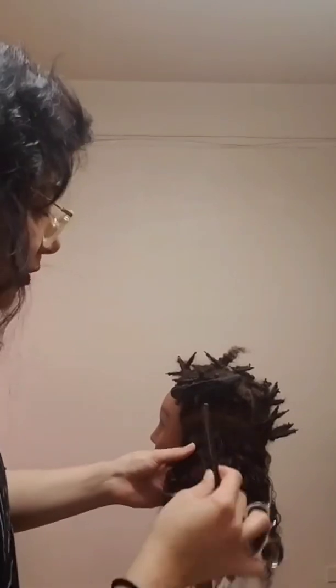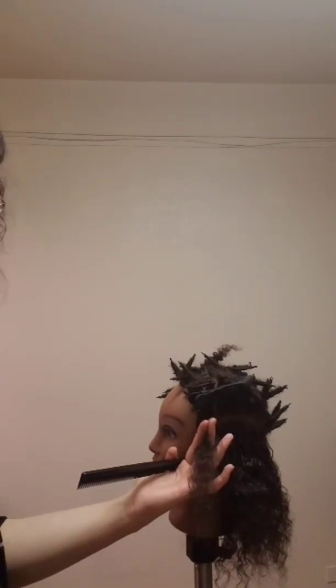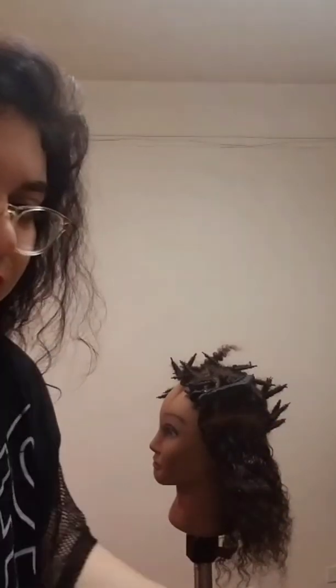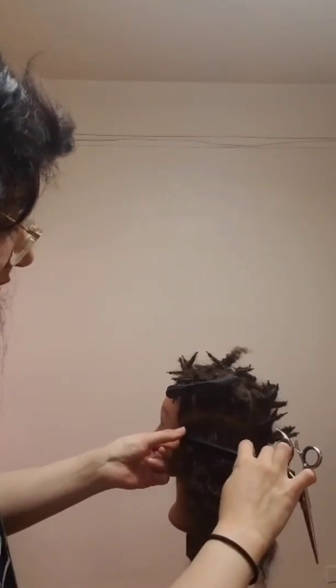Now, all I've been doing is going in vertical sections like so, combing the hair straight out, and I'm giving myself about 1.5 finger amount of length from the head to where the new length I'm creating is. So essentially I am cutting about 8 inches or so. And then from there, now that I have this short piece, I move towards the back of the head,